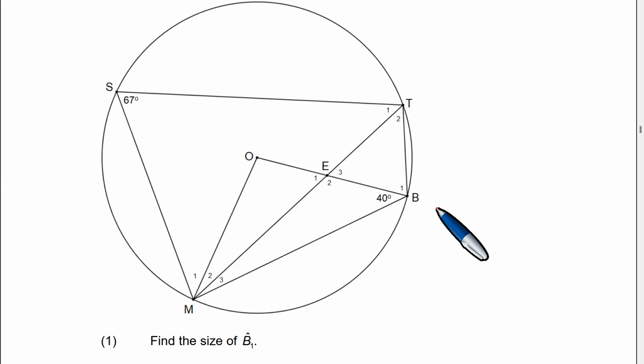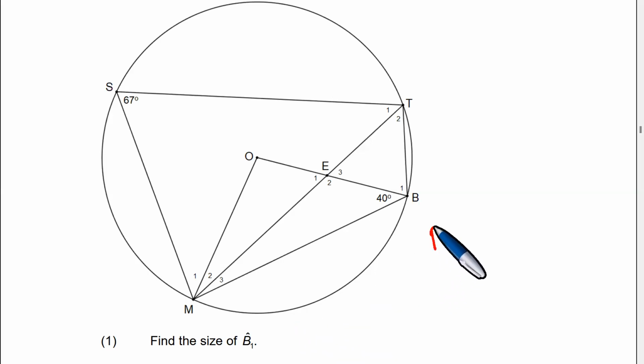How do we find angle B1? We need to look at the fact that STBM is a cyclic quad, and if you have a cyclic quad, the opposite angles are supplementary, and that means, therefore, at this point,